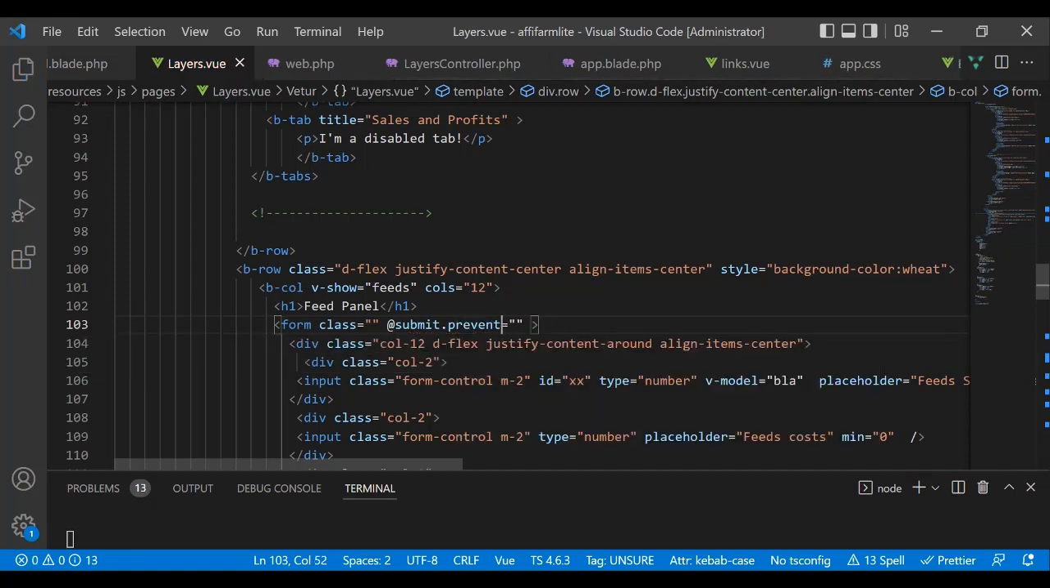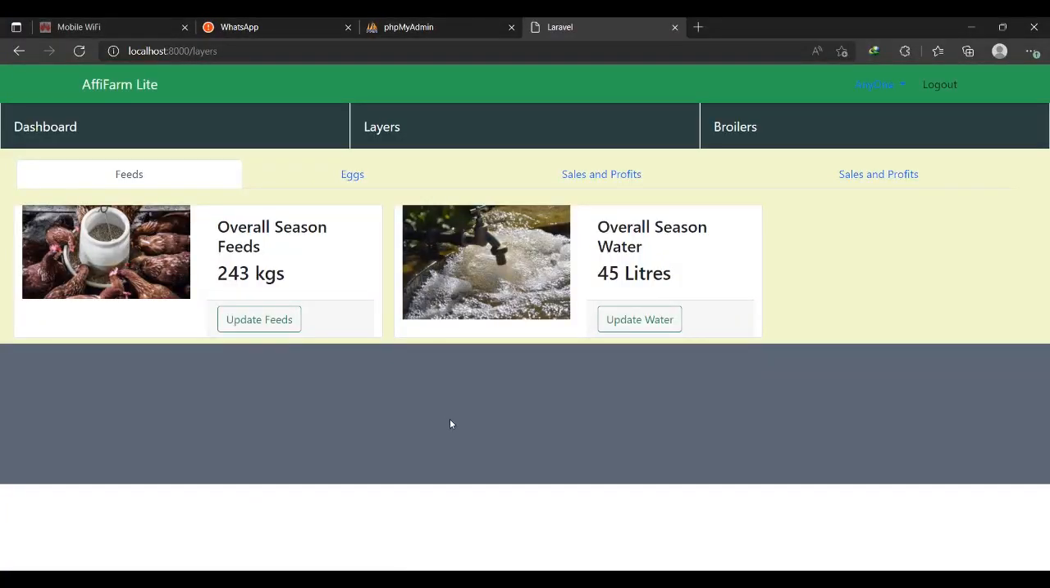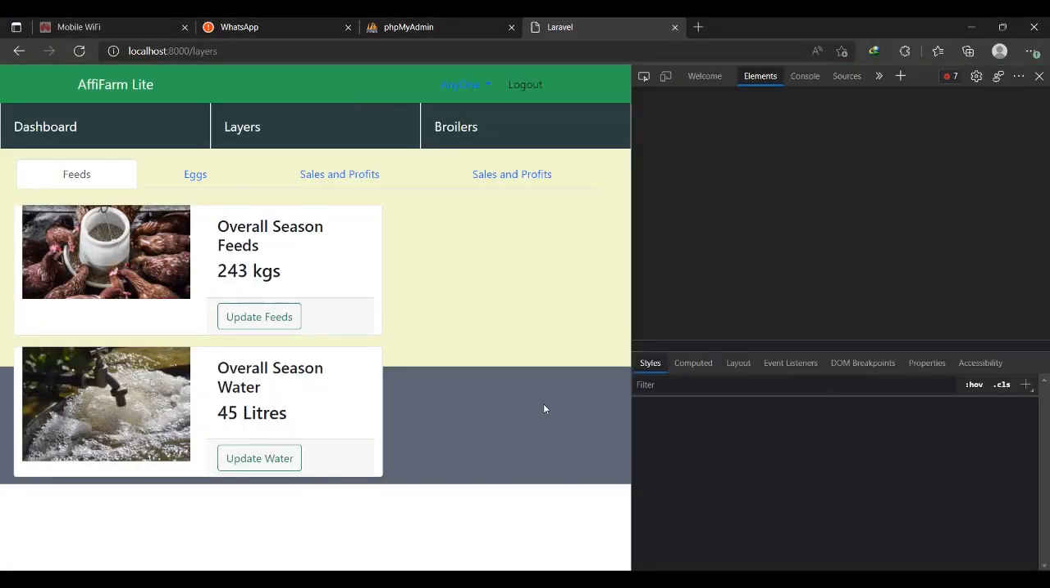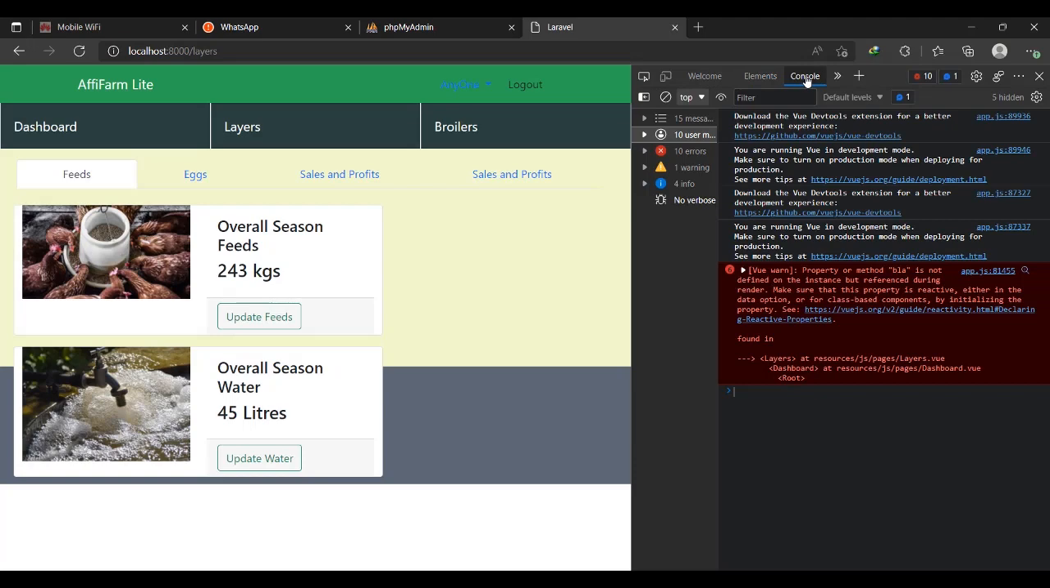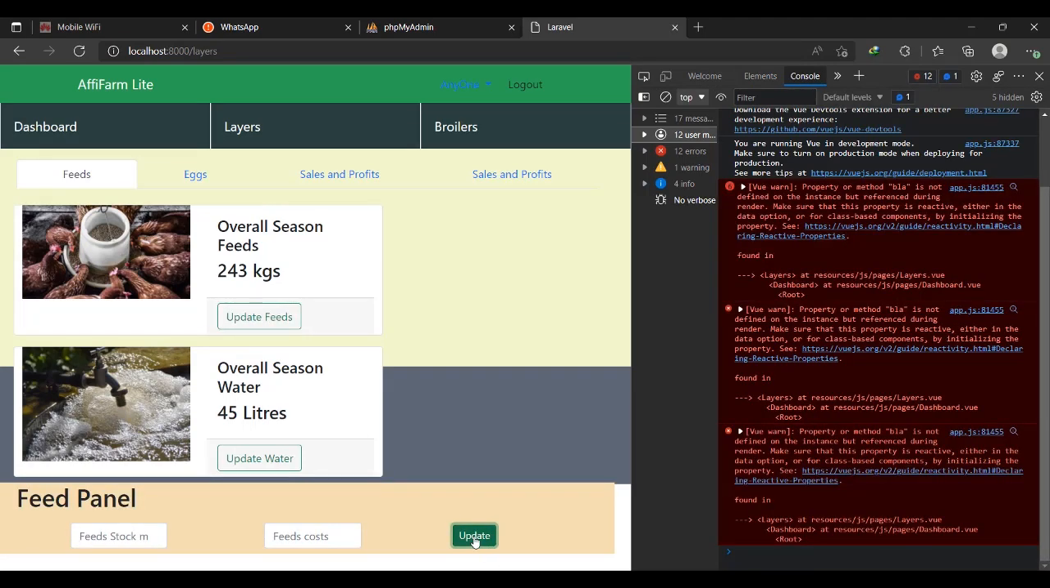Submit.prevent. Those of you who know JavaScript know how we prevent the auto-loading of the form. So at submit.prevent, let me right-click here, choose to inspect, and then click on console. So when I click on update right now,